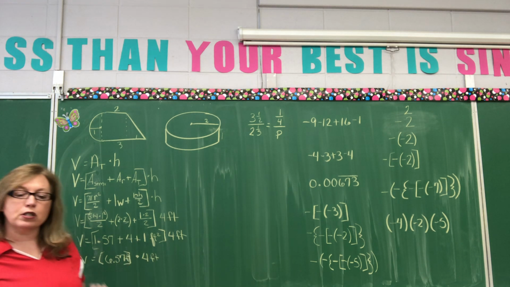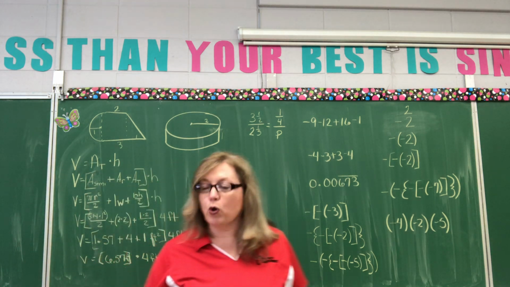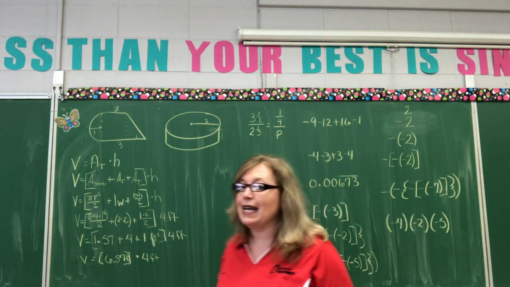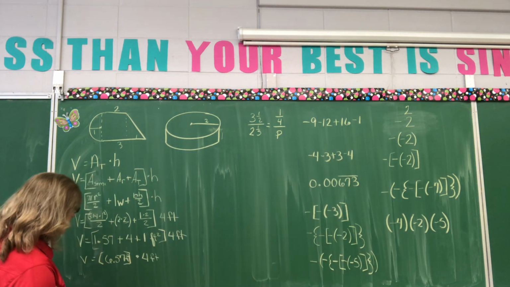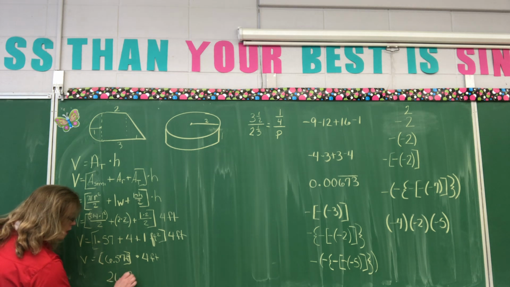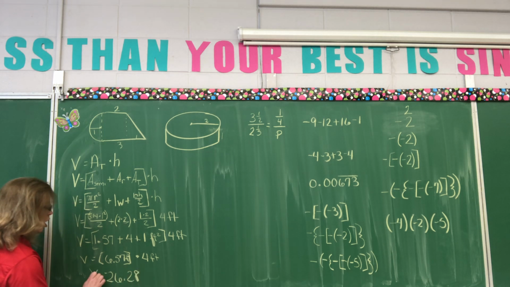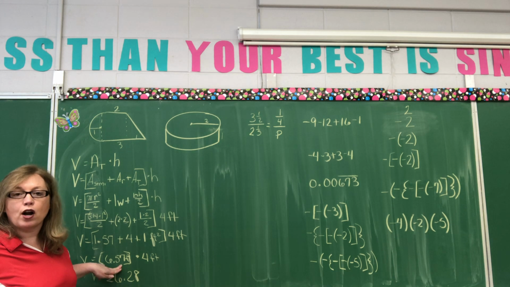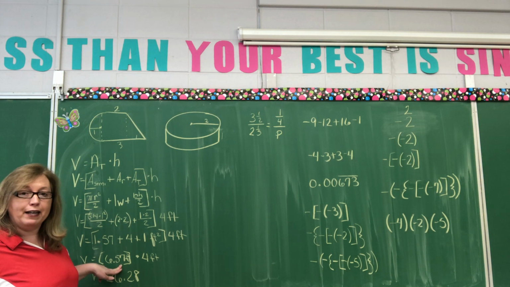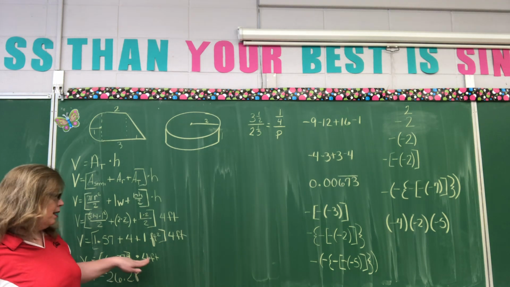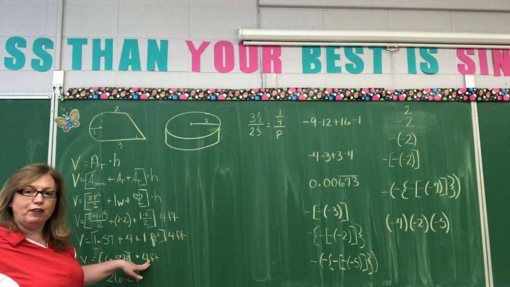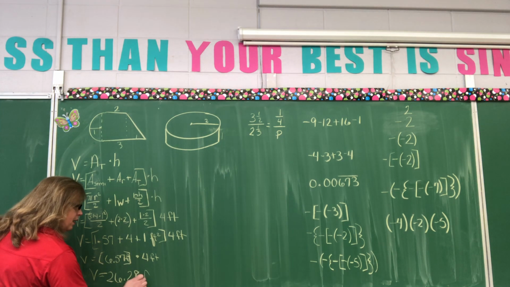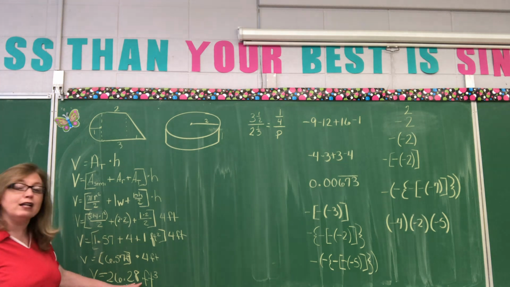Okay? Now, when we're simply going to multiply that, we're going to say 4 times 6.57. We're going to get 26.28. We know that this inside our brackets was our area, so that is square feet. We're multiplying that by the height, which is just feet. So square feet times feet gives us cubic feet. So the final answer was